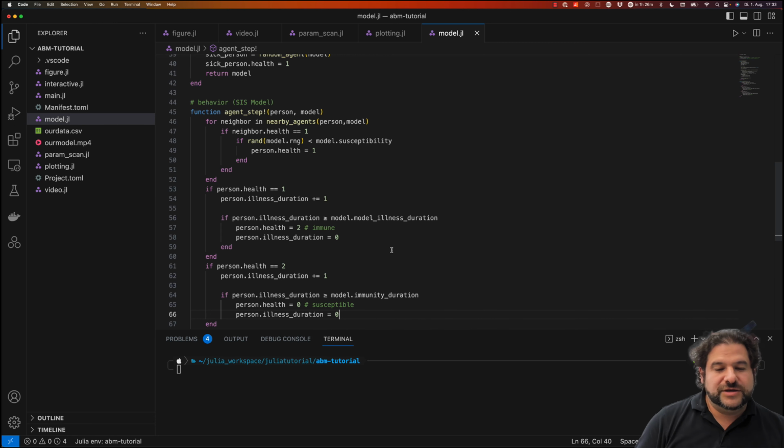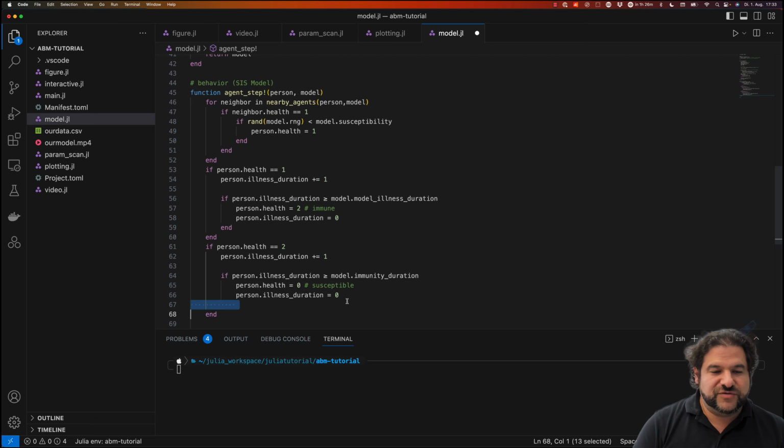So we use the illness duration as a counter for both states,